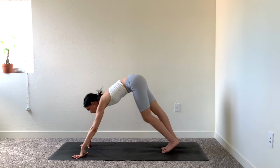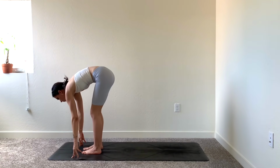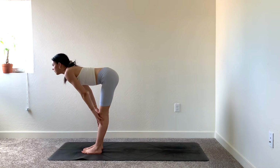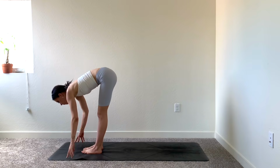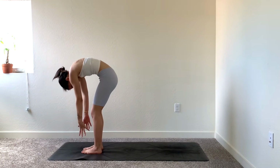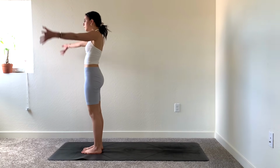Gaze forward, step to the top of the mat. Inhale, halfway lift, bringing your hands to your shins. Gaze forward. Exhale, release. Root down through the feet, come all the way up to stand, reaching the arms up